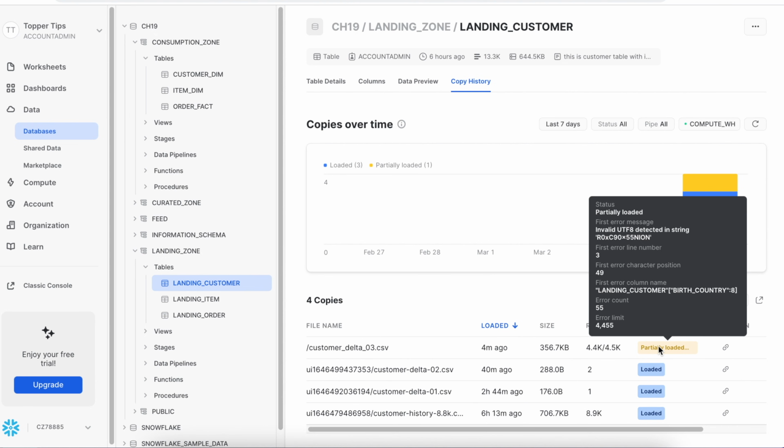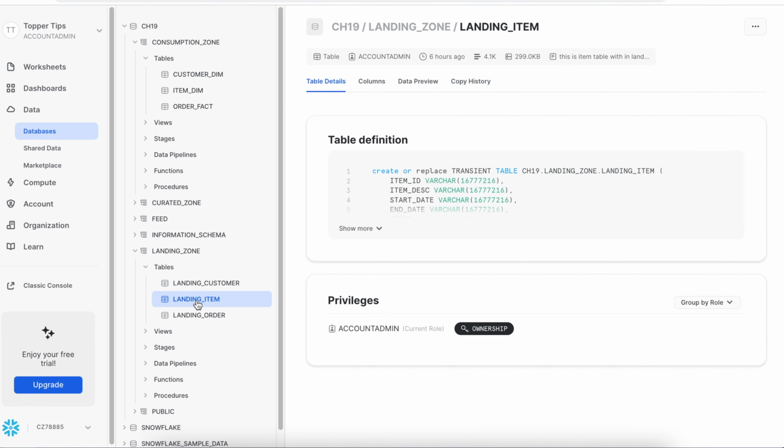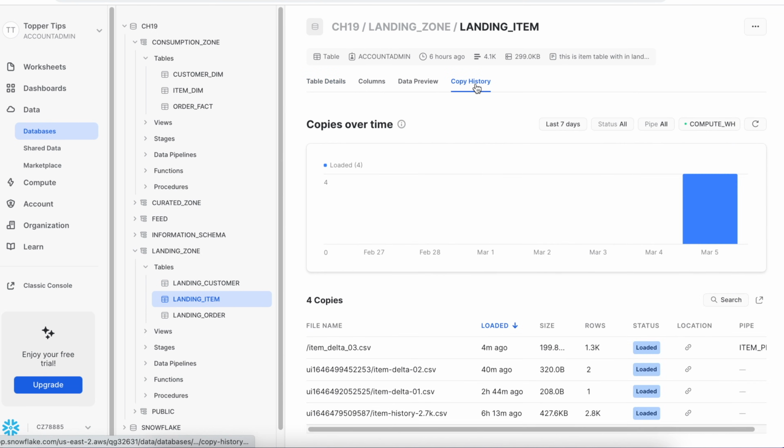You can click here and check the error message. Now let's check the landing item table. Item delta data got loaded successfully without any issues. So all looks good from the SnowSight console. So my S3 to landing zone data flow is working fine without any issue and the overall flow through the